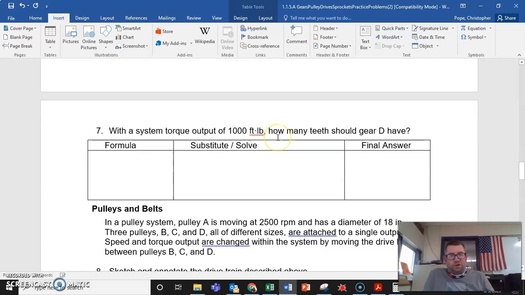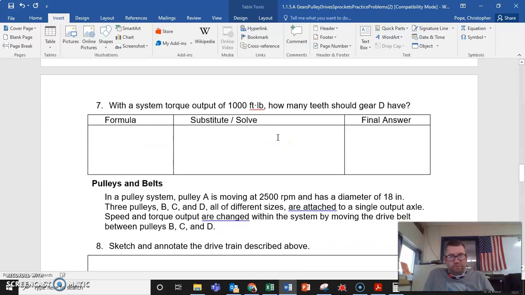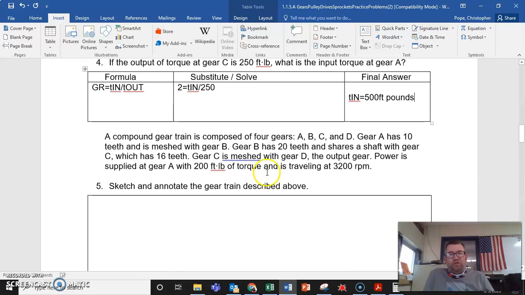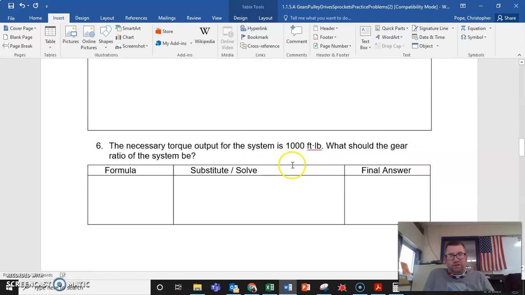Going down a bit further, this asks you how many teeth. Again, you're going to take that from up top using your gear ratio and the information that you're given. So you have Gear B having 20 teeth, Gear C having 16, Gear A having 10,